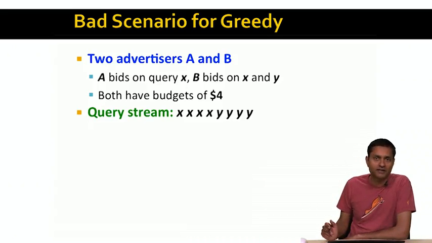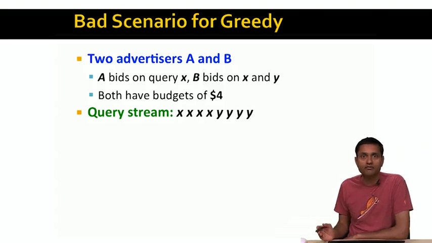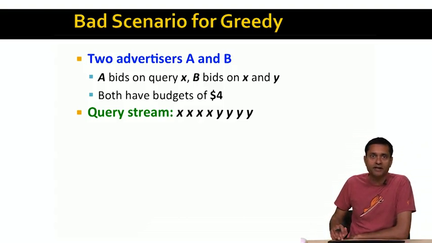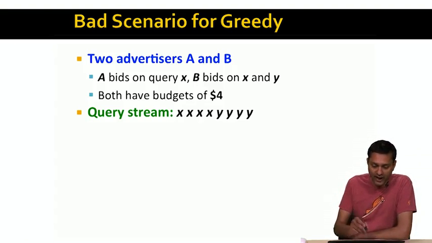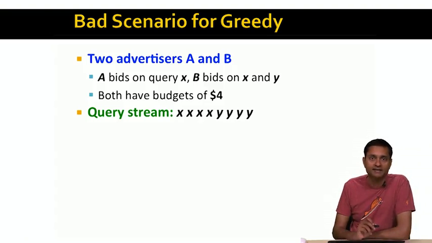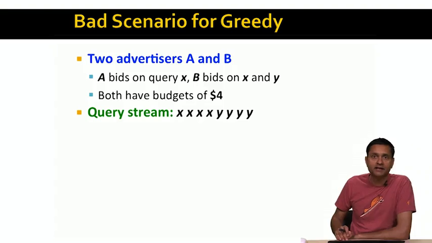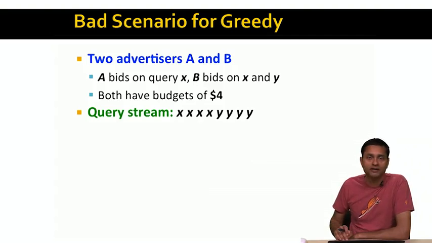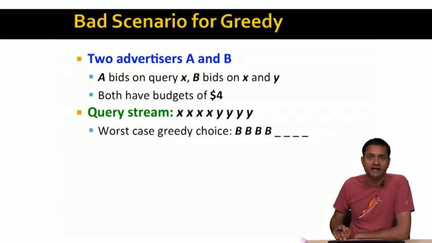Now the query stream that comes in is XXXX, YYYY. That's 4 X's followed by 4 Y's. Now when these queries come in, the greedy algorithm, when it sees the first X, notices that we have both A and B who bid for query X. And let's say the greedy algorithm arbitrarily assigns query 1 to advertiser B. And then the second X comes in, and let's say the greedy algorithm assigns that to B as well, and so on. The greedy algorithm might, for instance, end up assigning all the first 4 X queries to advertiser B,